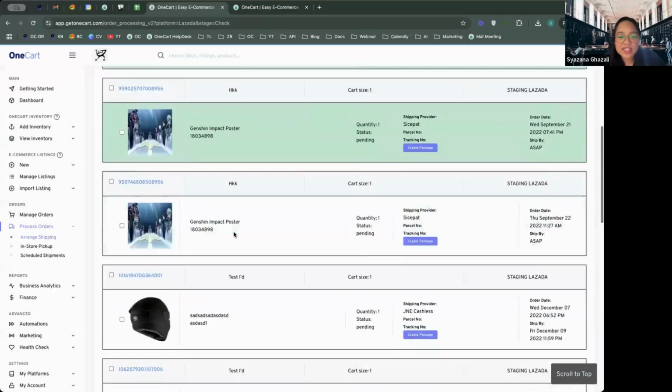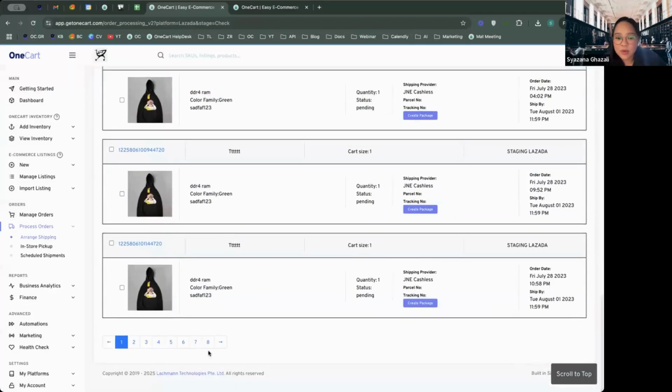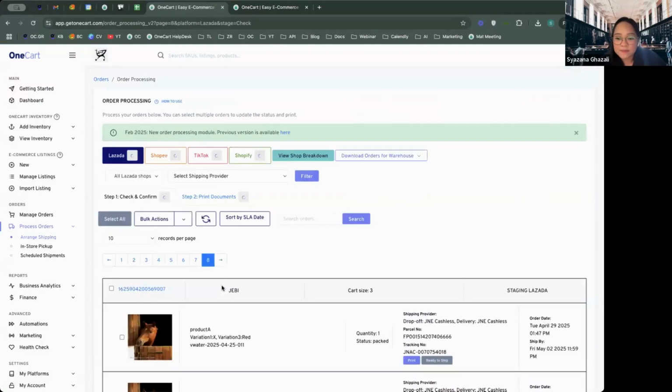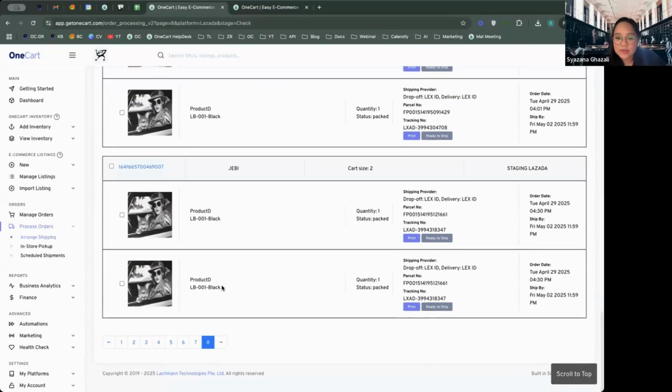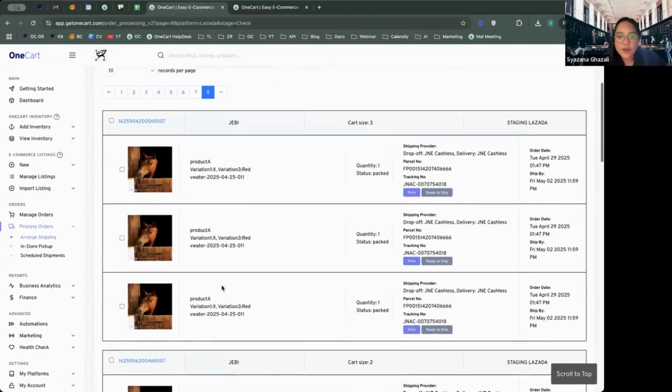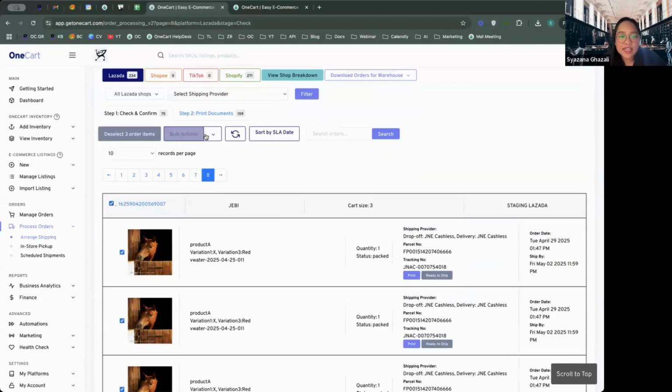Sorry about that, because this one, like I say, a lot of the demo is a demo account. So it's a lot of these dummy orders in OneCart. Okay, so for example, if I were to click on this and then I want to click on set as ready to ship,